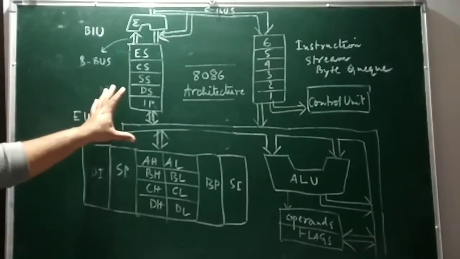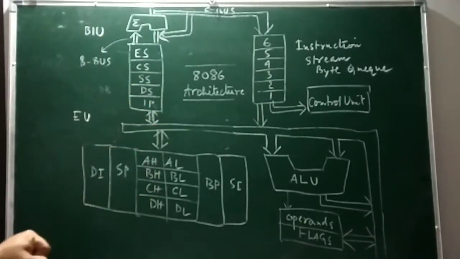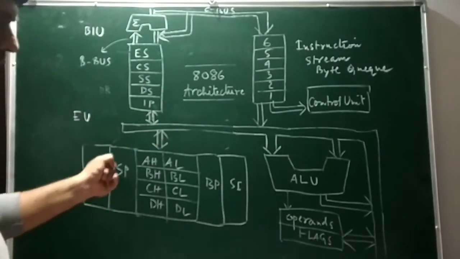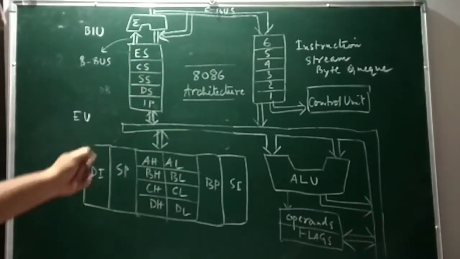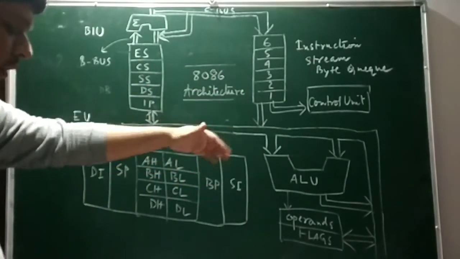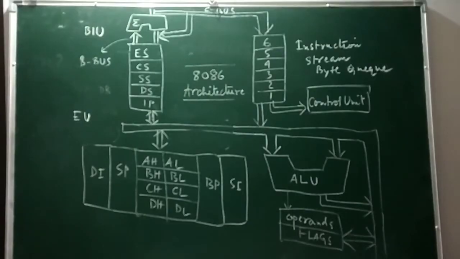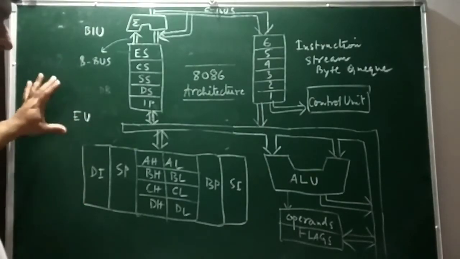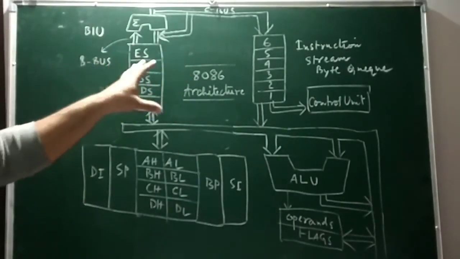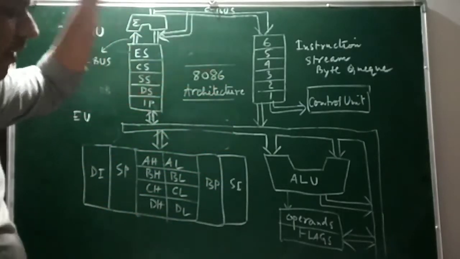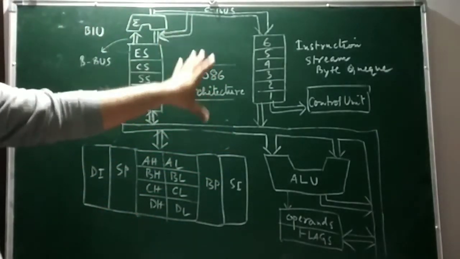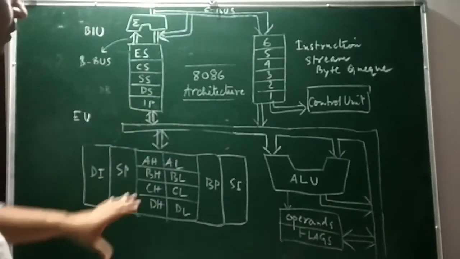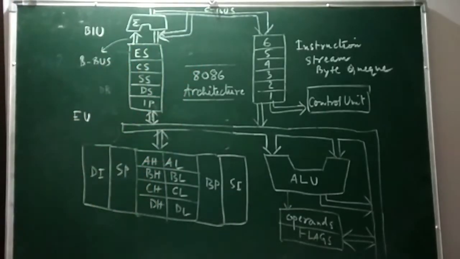Except in the case of the jump instruction or call instructions, where the queue must be dumped and then reloaded starting from the new addresses, the prefetch and the queue scheme greatly speeds up the processing of the 8086 microprocessors. That was the basic advantage of the 8086 microprocessor